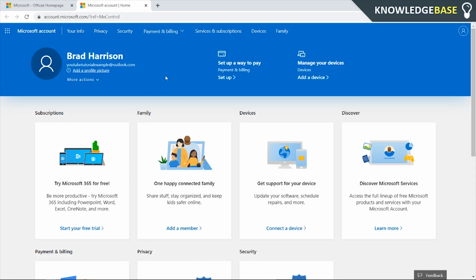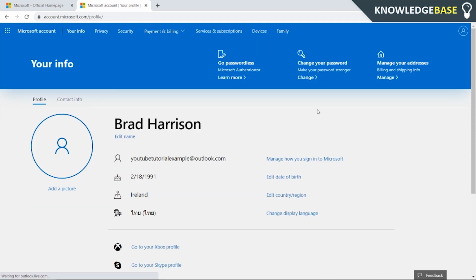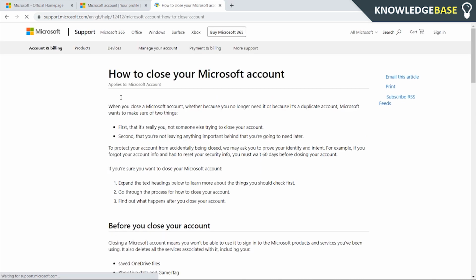Once you're in here, you'll see some information about your account. What you need to do is click on Your Info, and it's going to take you to your profile page. It's going to tell you more information about your account. Here you can then scroll down and you're looking for how to close your account. So click on this and it's then going to take you to an article which explains how you can close